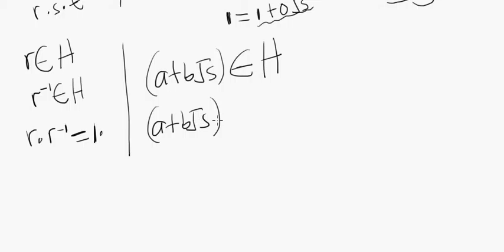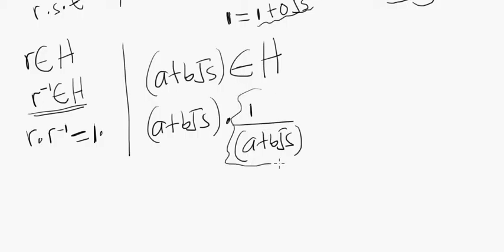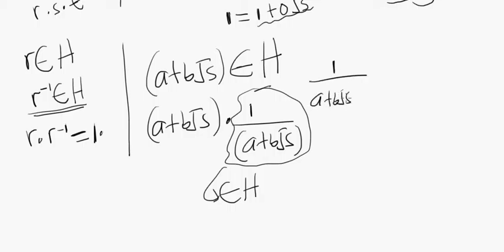That is, the inverse of A plus B root 5, we're going to set it to be 1 over A plus B root 5. Obviously, this gives us 1 as an outcome. But again, as we saw here, the inverse must be an element of the set itself. So a natural question to ask is: is this beast over here, what we're claiming to be the inverse, really an element of H? Well, we can see that it is, and the reason is 1 over A plus B root 5 is really the same as 1 over A plus B root 5